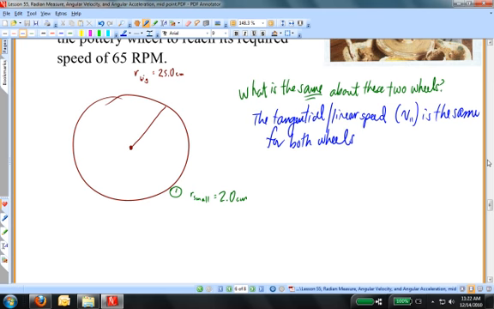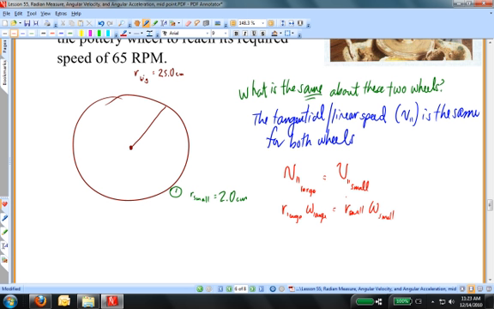Understanding this point, that the tangential or linear speed is the same for both wheels, is the key to solving this problem, because what I can say then is that the tangential speed for the large wheel is equal to the tangential speed of the small wheel. Well, that means that R large times omega large is going to be equal to R small times omega small. If I were to divide both of these equations by time,